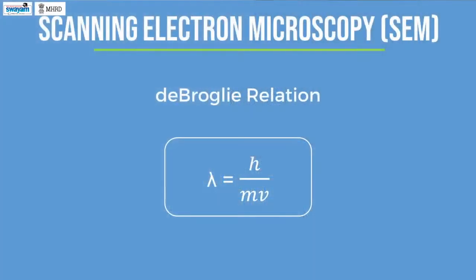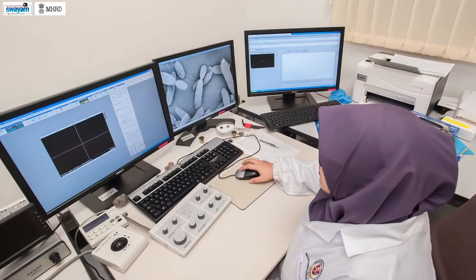According to the de Broglie relation, the wavelength of an electron decreases with increasing acceleration potential. Most scanning electron microscopes will have an operating electron source at 30 kilovolts. Overall, SEM resolution is far better than any optical microscope, but lower than a transmission electron microscope. One of the major advantages of SEM is that we can image very thick samples, which is not possible with any other microscopy techniques, especially with TEM.